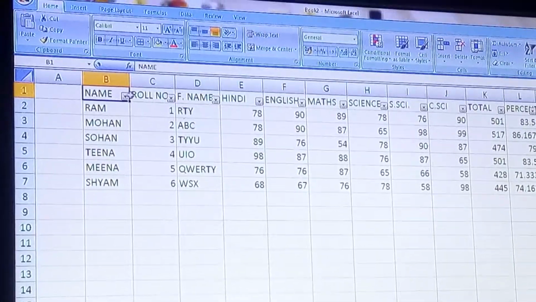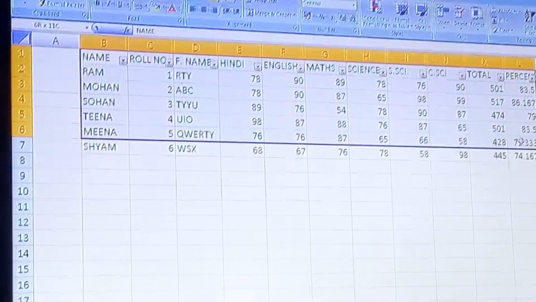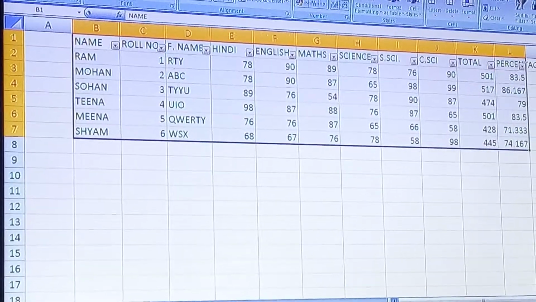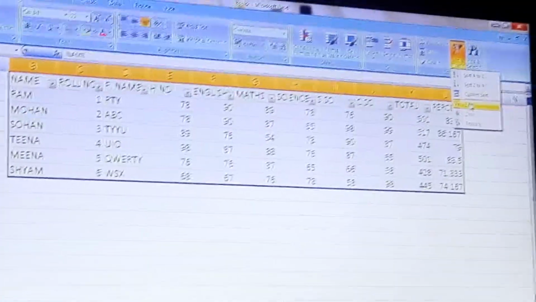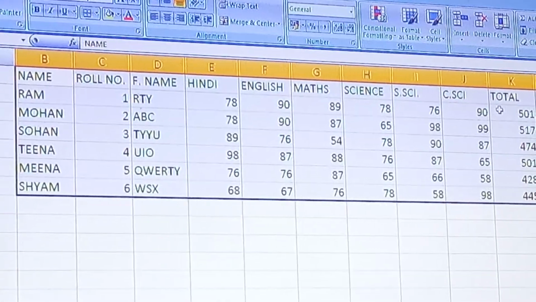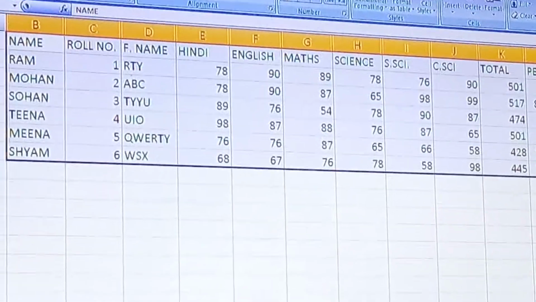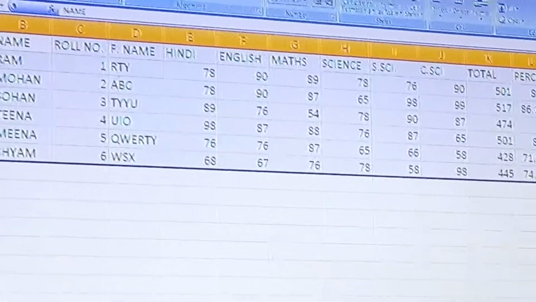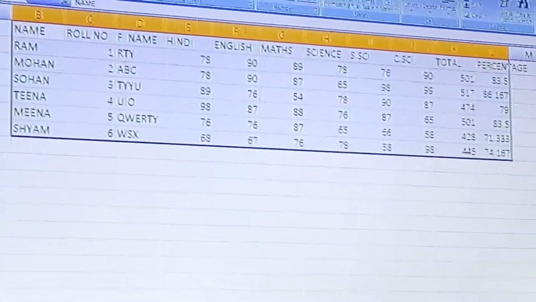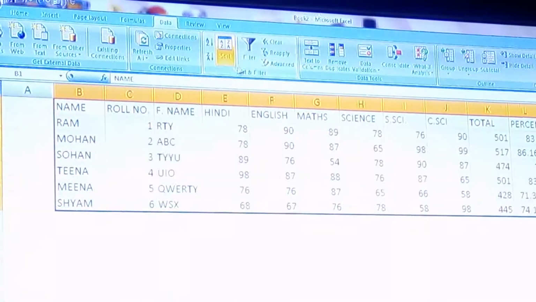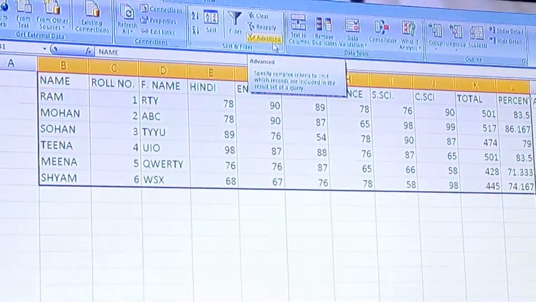Now one question is, if auto filter is applied here, then how can we remove this auto filter? The answer is, just click on the filter, and it will clear the auto filter option from the available database. Now we have to perform conditional filtering or advanced filtering. For this you have to move to Data, and here one more thing is there, which is Advanced.